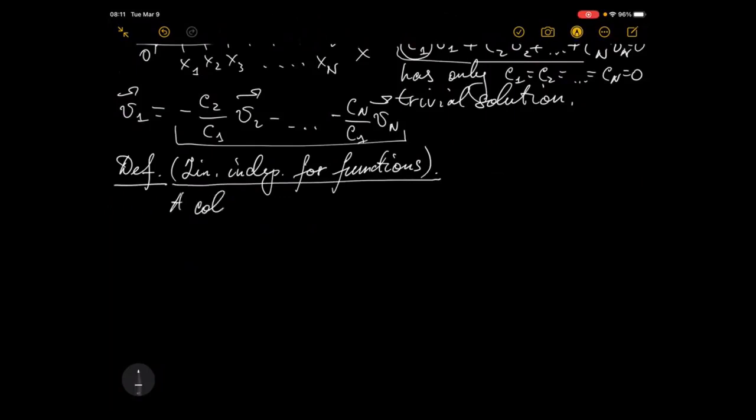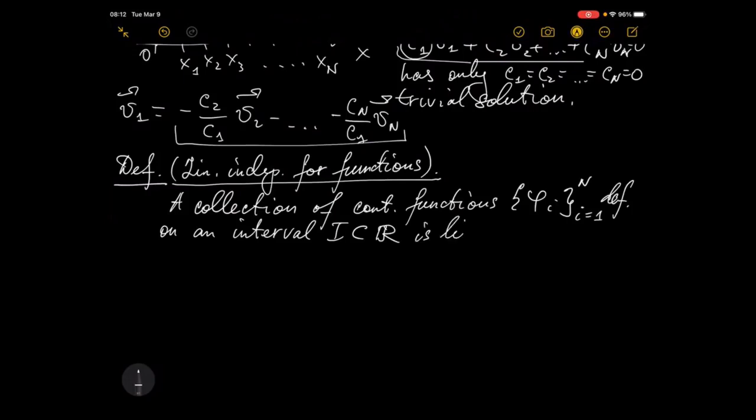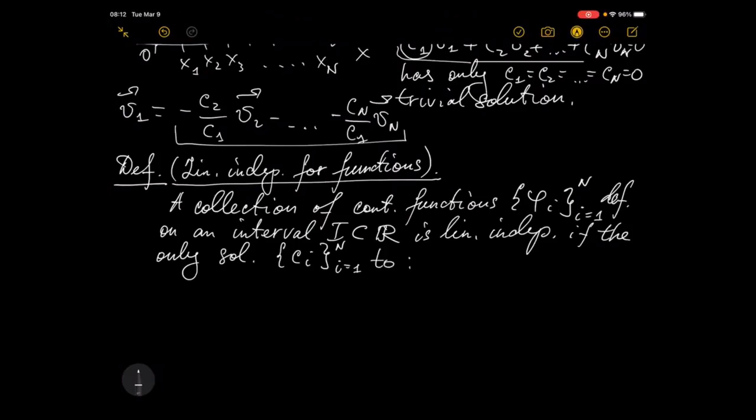A collection of continuous functions phi 1 up to phi n defined on an interval I included in the set of real numbers is linearly independent if the only solution Ci, i goes from 1 to n, to the following linear combination